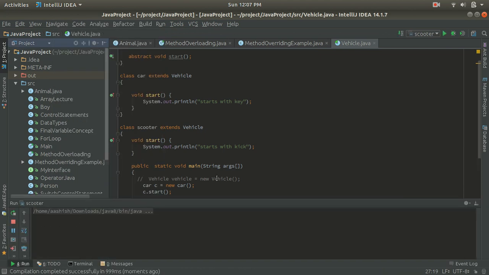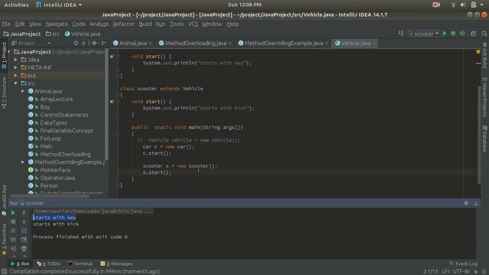You can see that we got the output as start with key and start with kick. The first output we got because we called the start method with the object of the Car class, and if we have to call the method of the Scooter, then we have to create the object of the Scooter class and call the start method with that object. This is the example of abstraction.